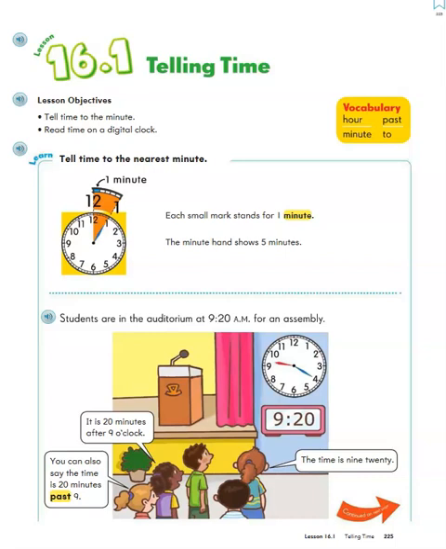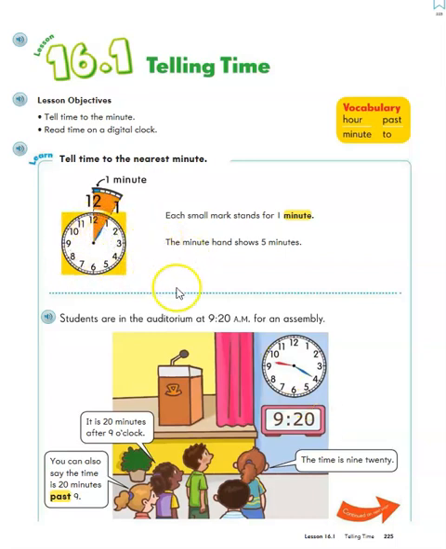Hopefully you all had a chance to watch the introduction video last Friday that kind of went over some things that hopefully you learned in second grade. So we're just going to move right in to telling time. Our objectives for this lesson are to be able to tell time to the minute and read time on a digital clock. We can probably do that very easily. A digital clock, we've all seen lots of digital clocks, and a lot of us have those at our houses. It's more important that we are able to read time on an analog clock,